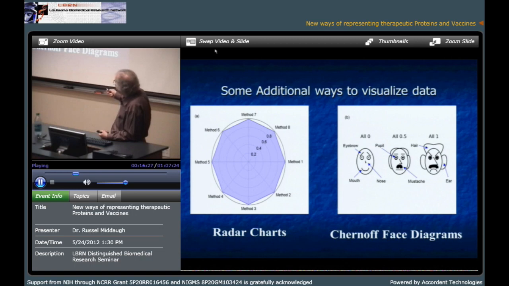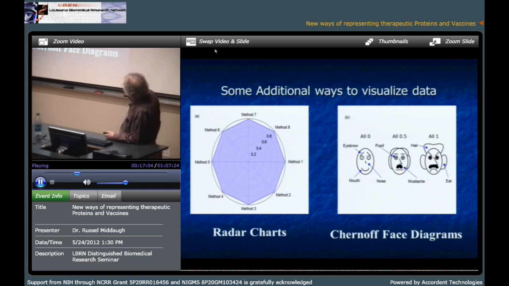And then for each method, you can plot a value. It could be 0, it could be 1. But those values, of course, will range depending on the temperature and pH. So each temperature pH compound will generate one of these diagrams. What we're going to do is connect the various points along this to create a sort of distorted polygon. You'll see these in just a moment. So now the values are represented simply by the length from the center to the vertex of this. And so any protein's behavior will now be described by this polygon.